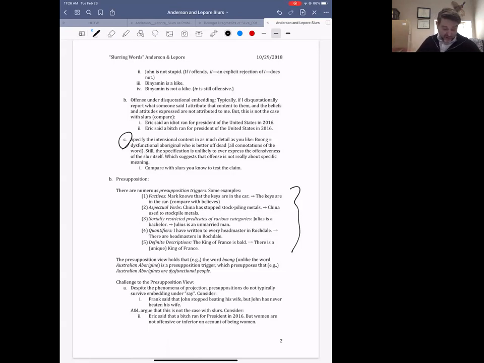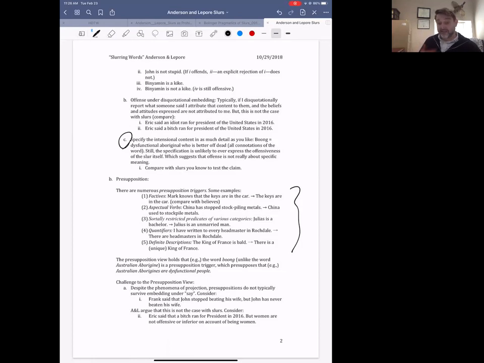Consider if I said, "John stopped beating his wife even though he never did." That seems like a contradiction. It seems like I'm contradicting myself, which suggests again that that is a presupposition of what I've said. But if I said that Frank said that John stopped beating his wife, but John has never beaten his wife, then that doesn't lead me to contradict myself. So embedding that same sentence under a said statement seems to make that presupposition go away in some way.